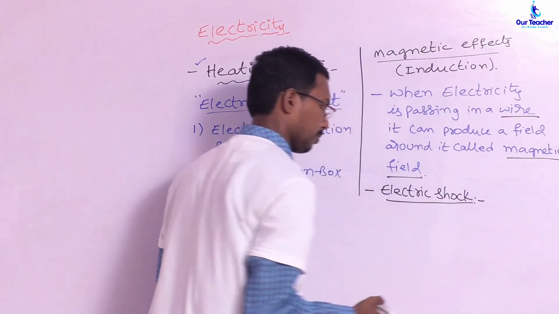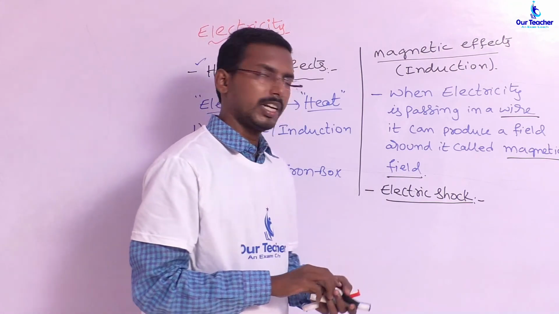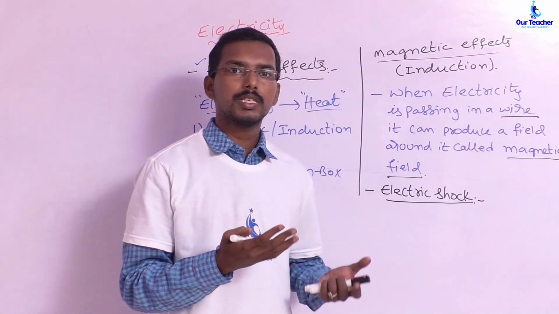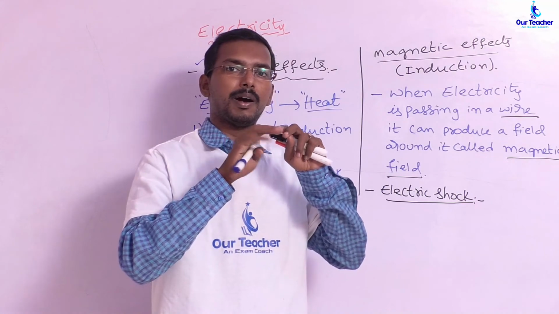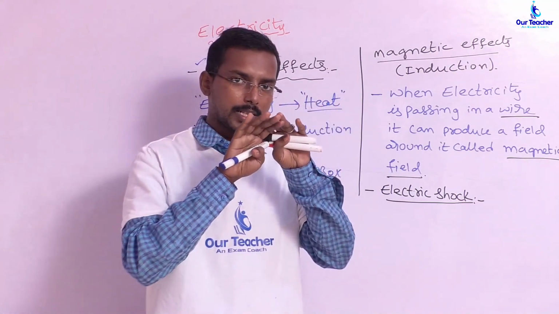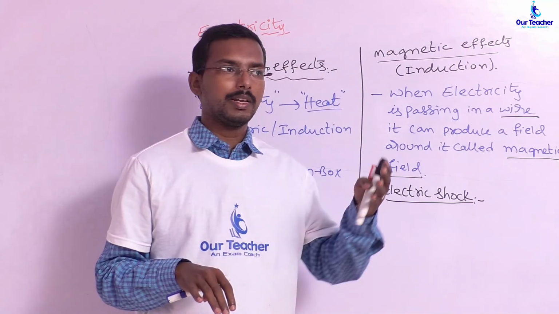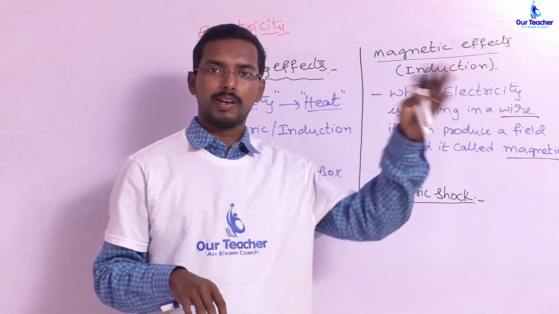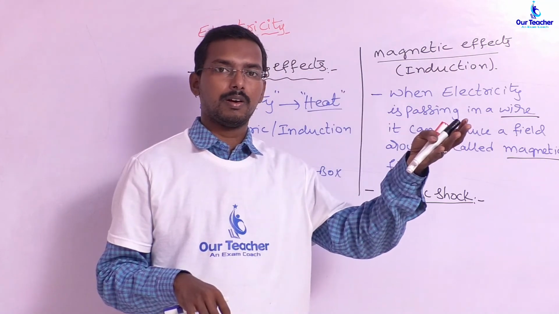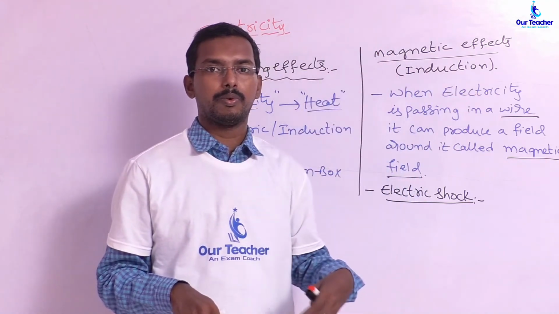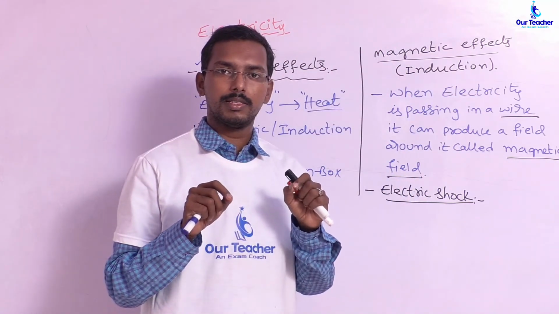What is meant by electric shock? In some faulty devices, like a mixie or a fridge, excess current passes through the body. Okay, whenever the excess current is passing through the body, if you knowingly or unknowingly touch the body of the given electrical component, there may be a chance that the excess current will pass through your body, and this sensation is called electric shock.